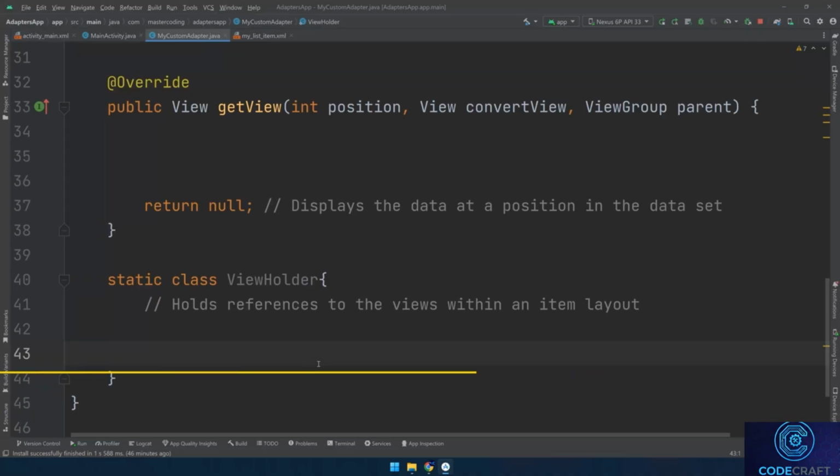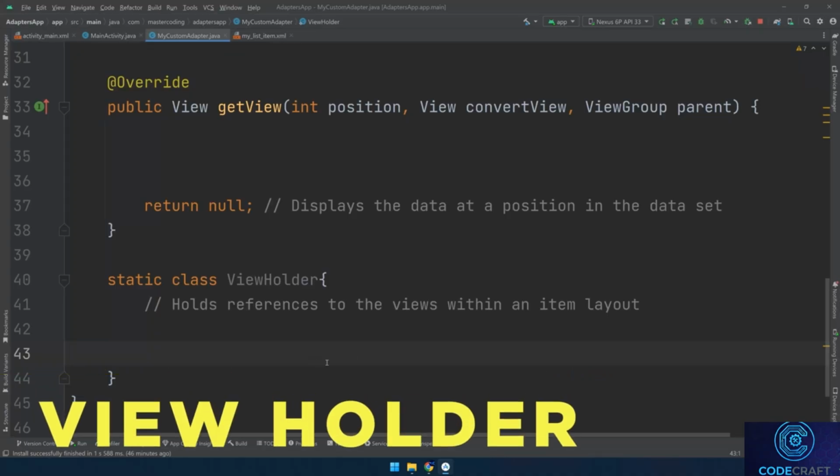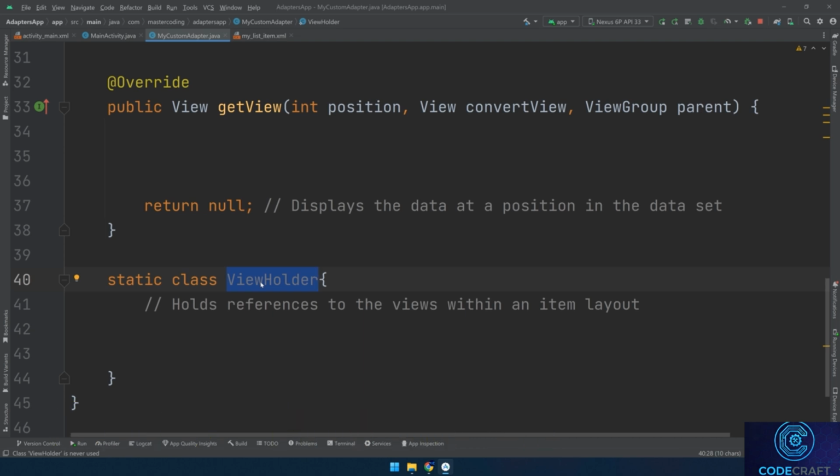In Android development, the ViewHolder pattern is used in conjunction with adapters such as BaseAdapter or RecyclerView.Adapter to optimize the performance and efficiency of displaying lists or grids of data. It helps improve the scrolling performance of lists by reusing views and minimizing the need to repeatedly inflate and find views for each item. So in this video, we'll talk about the ViewHolder pattern and how it works within a